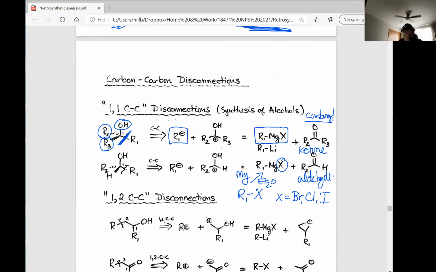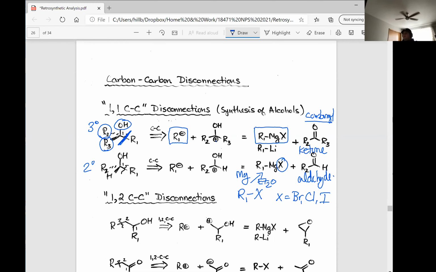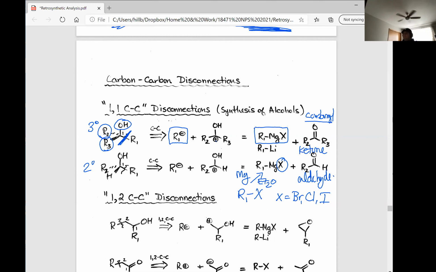And then we all did this in the lab in Organic 2, right? The magnesium and ether, reflux a little bit. You make your Grignard reagent, it's the nucleophile, you can quench it with a ketone or an aldehyde, and that's going to give you either a tertiary or a secondary alcohol. So those disconnections are easy to make with ketones or aldehydes. And depending upon what the R group is, we can,